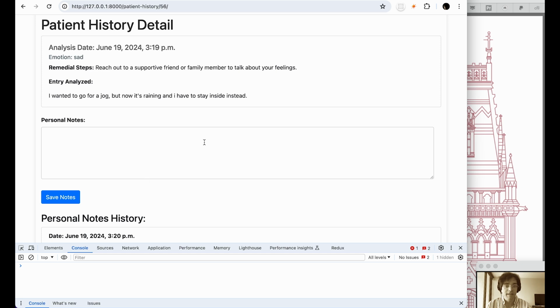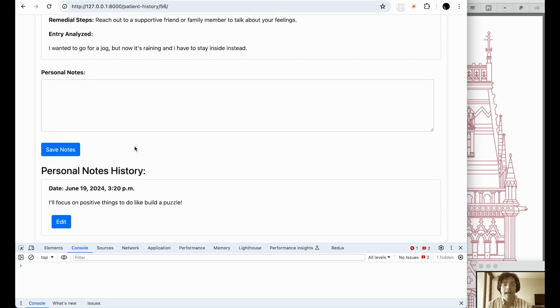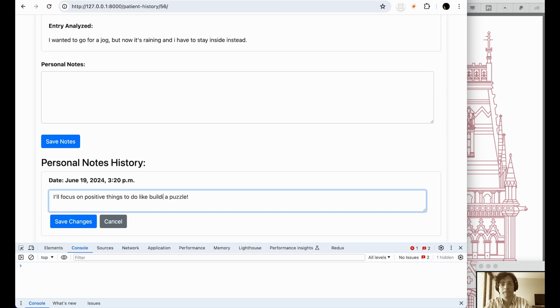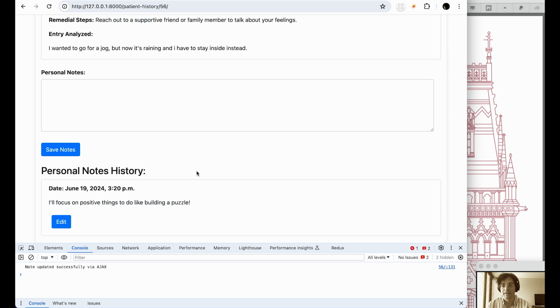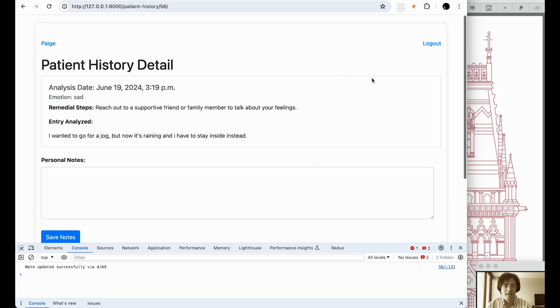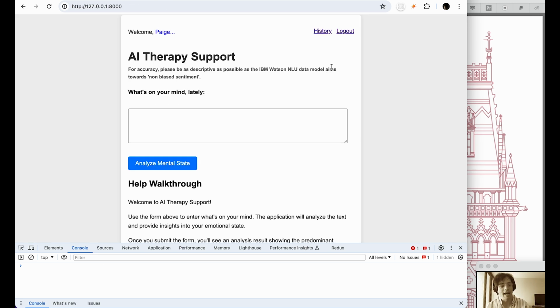Now, notice when we save the note, the page doesn't refresh. We can click on edit as well. So he wants to do a little bit of editing here. We can save changes. The changes get saved in real time. All right, so this is a fun app in terms of AJAX calls, in terms of API requests,